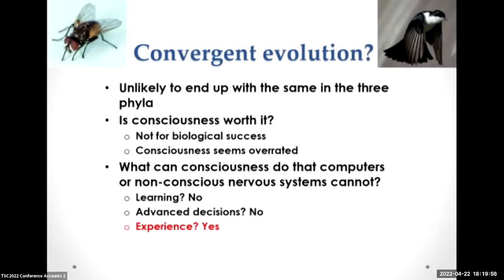So although convergent evolution does take place, for example, in the wings of insects and birds, in the case of wings it is a very obvious functional thing, and wings need to have about the same shape in order to enable flight for an animal. While it seems unlikely that the three phyla with advanced nervous systems should end up with the same type of strategies for behavioral control. For one, as I mentioned, because consciousness is not really worth it. It's not that good a strategy.